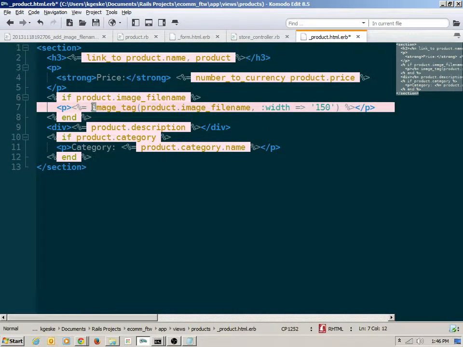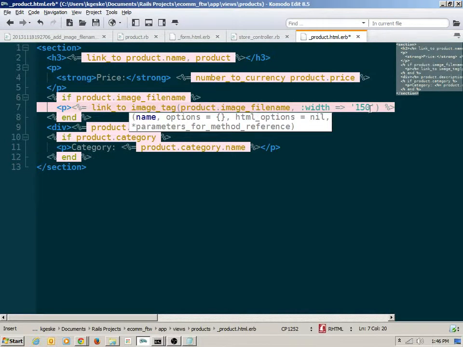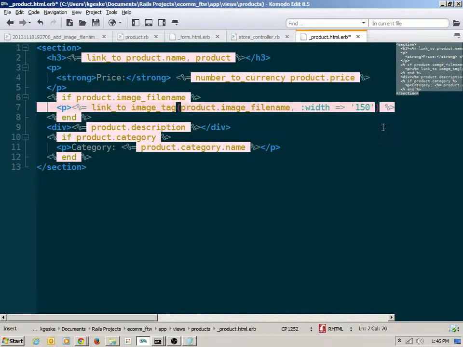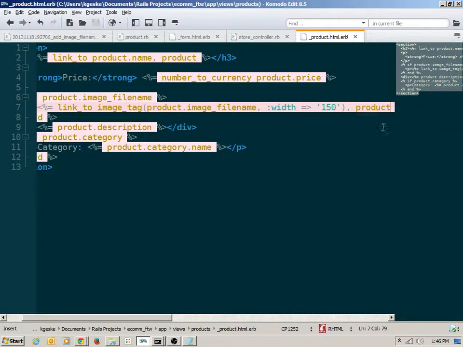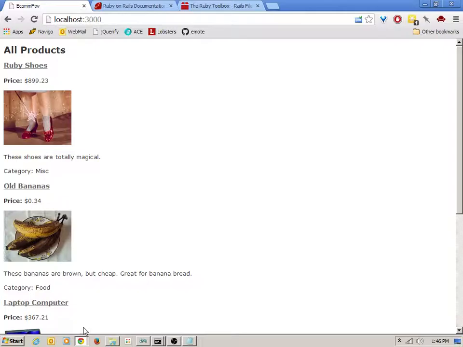So now I can say link_to, with the image_tag being what I want in my link text, and then what I want to link to is the product. I should now be able to reload my page, and we'll probably see